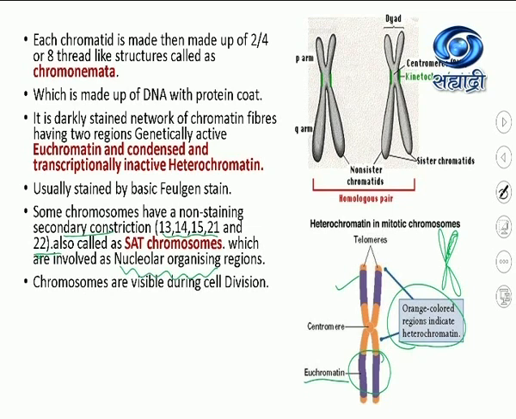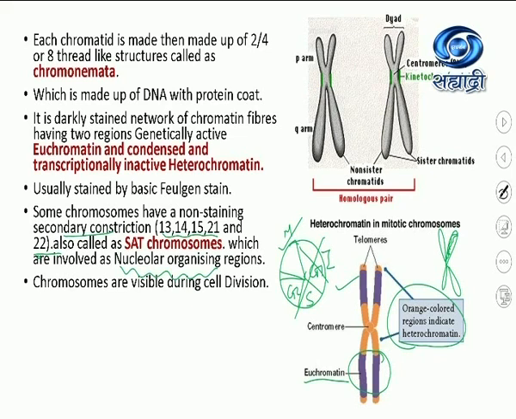Are chromosomes visible all the time? No. Chromosomes are visible only during cell division. I hope you remember the cell cycle you studied last year. The cell cycle consists of the M phase and a very big interphase, and this interphase is divided into the G1 growth phase, the synthetic S phase and the G2 phase. During interphase, chromosomes are not visible. Chromosomes are visible only during M phase. In M phase also, in prophase, they are not visible. They are in the form of chromatin fibers. They will be visible after prophase, that is metaphase, anaphase, telophase.